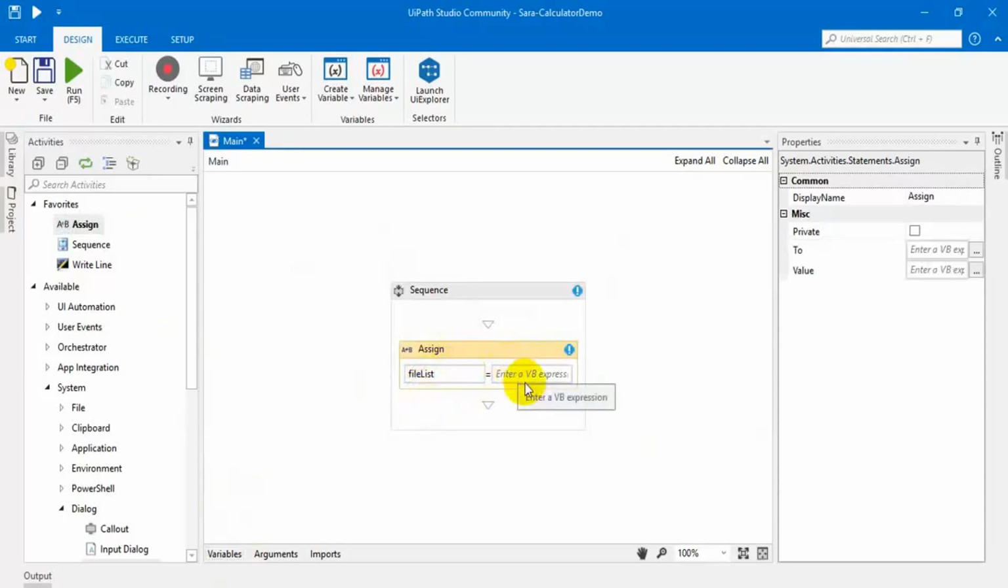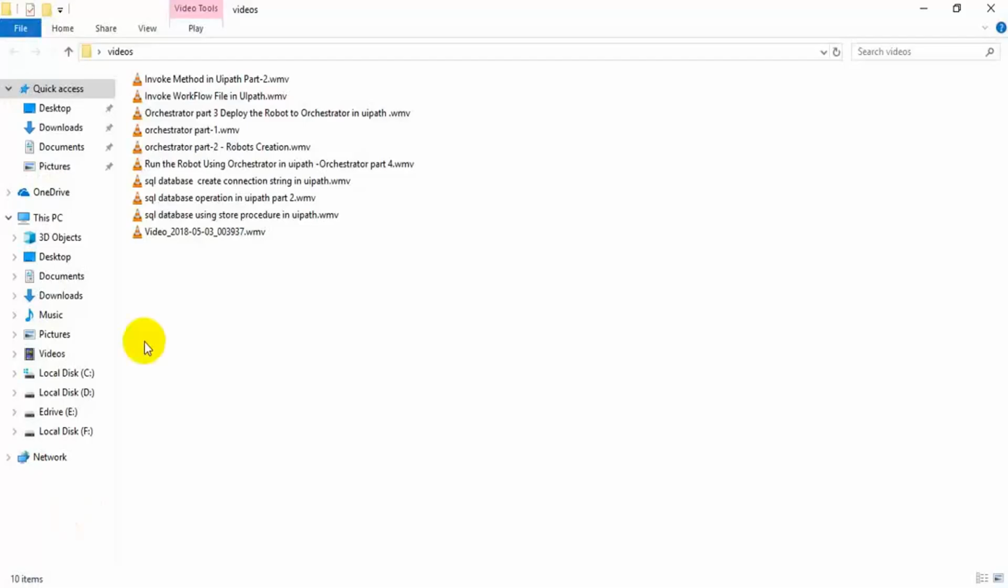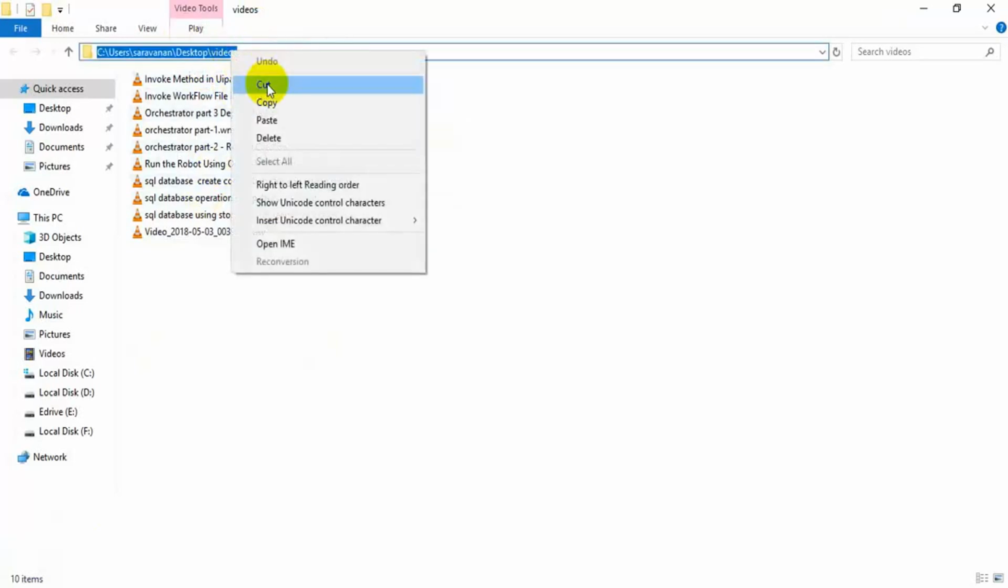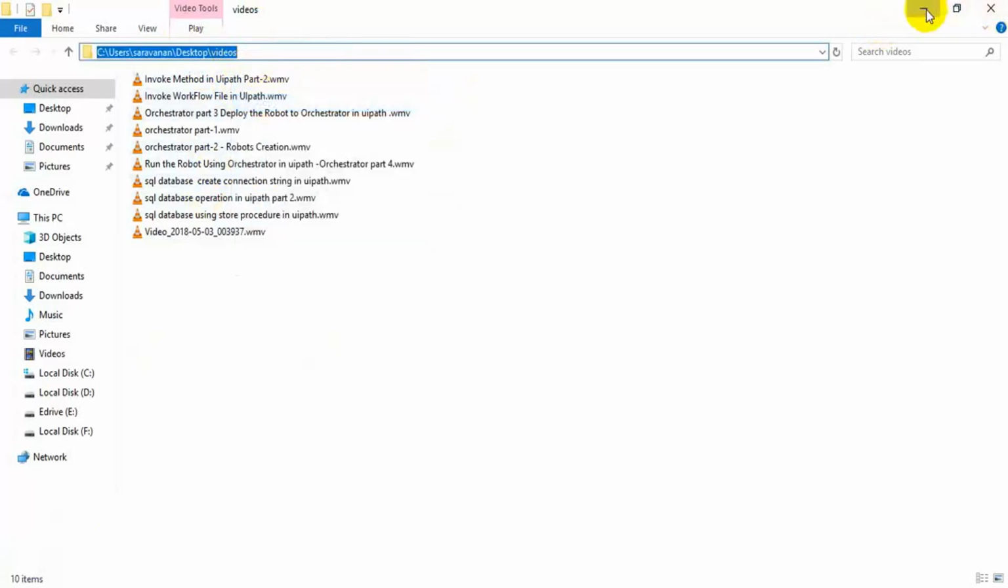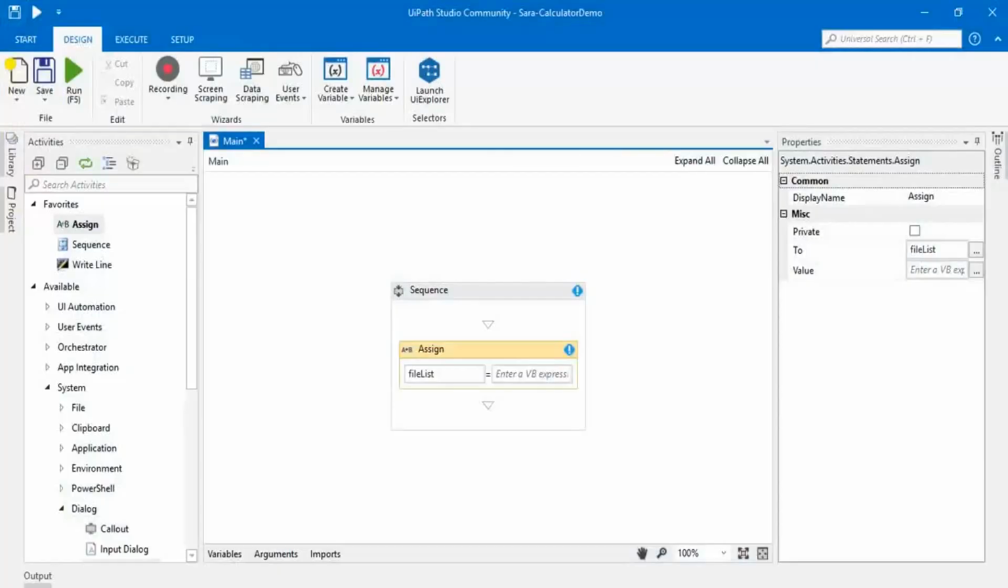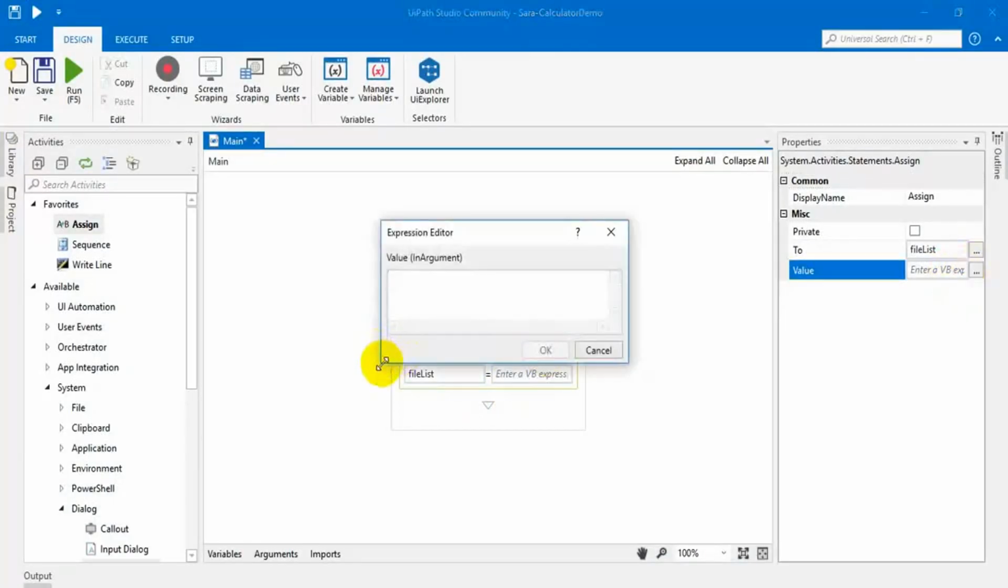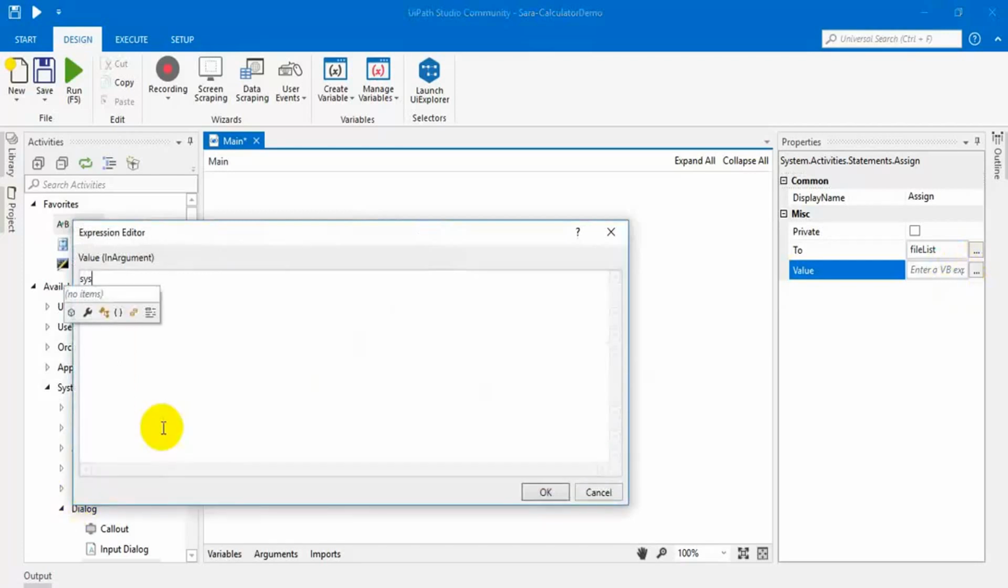We are going to read a directory and get all the file names and put all the file names into the list. I am going to read this videos folder. It has 10 items, file names, that is all the video files. So copy this path for testing purpose and come to here, go to here, assign this System